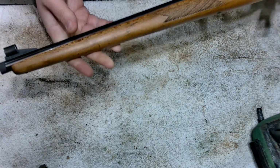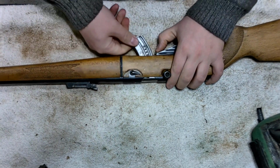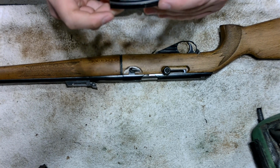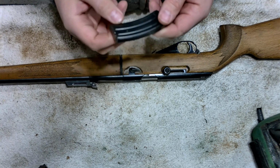Takedown .22 semi-automatic. Takes 10 round detachable magazines. These can be made from Lakefield Mark IIIs, I believe. You just need to cut that in there, and it's only maybe a millimeter. It's pretty thin. Then you just slide it, and if you ever needed to, you can